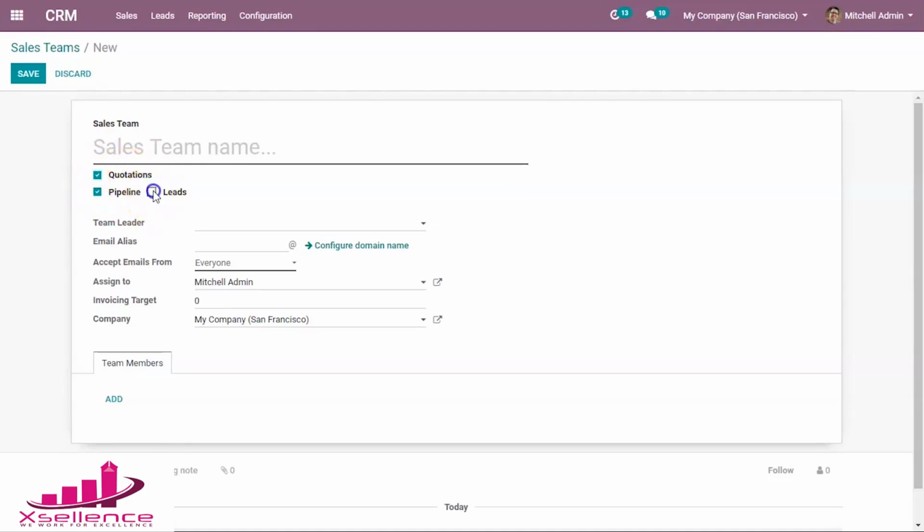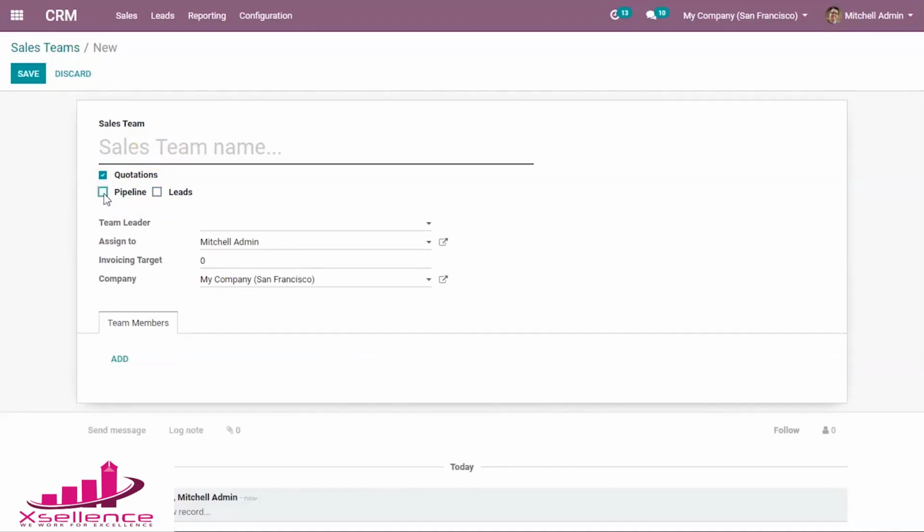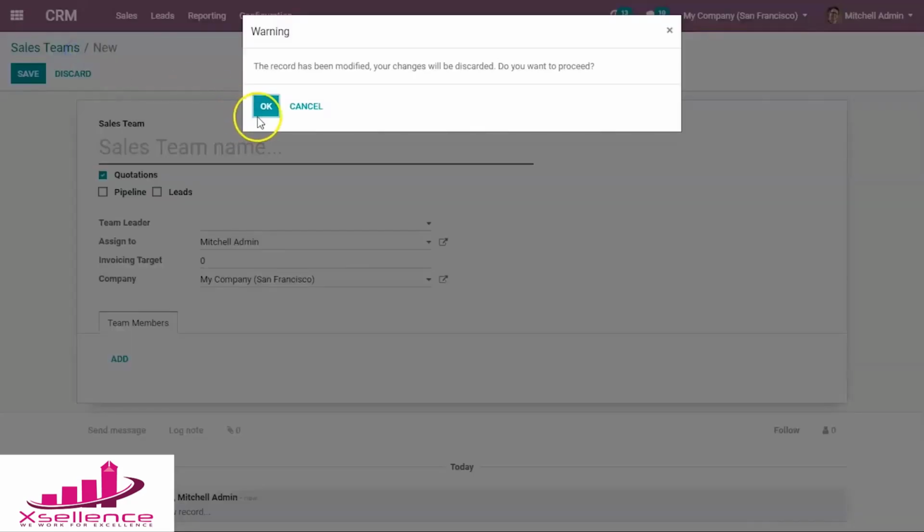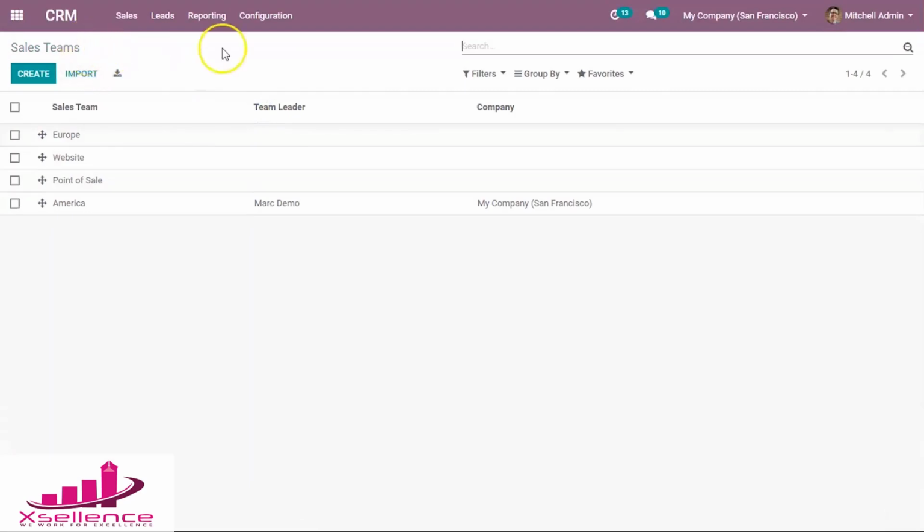If you want to generate leads from this sales team, you can click on the option leads. When you disable this, you won't be able to see this sales team in your pipeline. In the same way you can add members. In this way one can create a sales team.